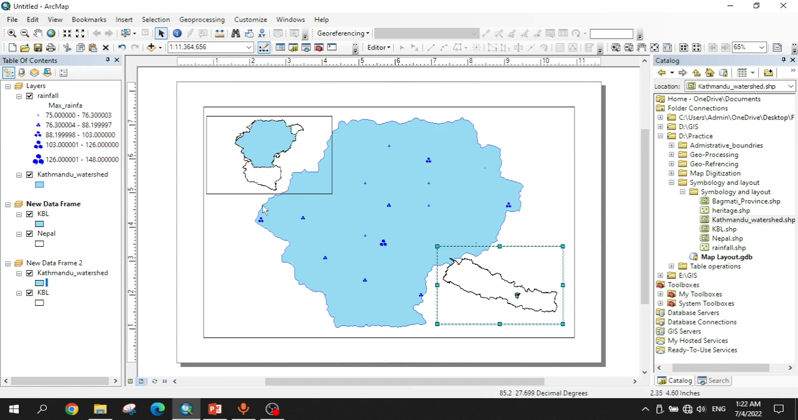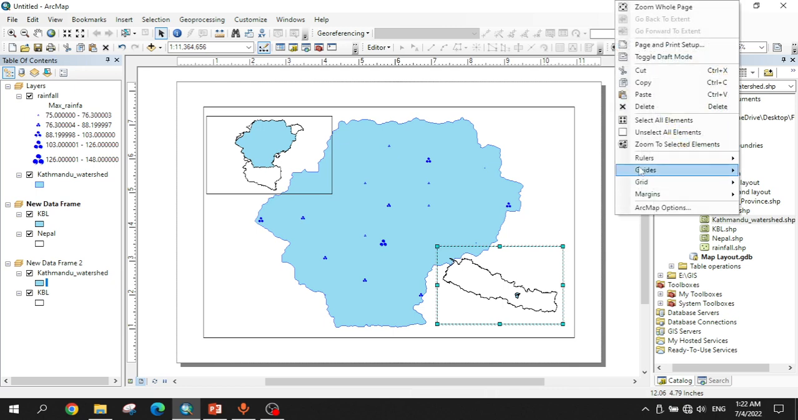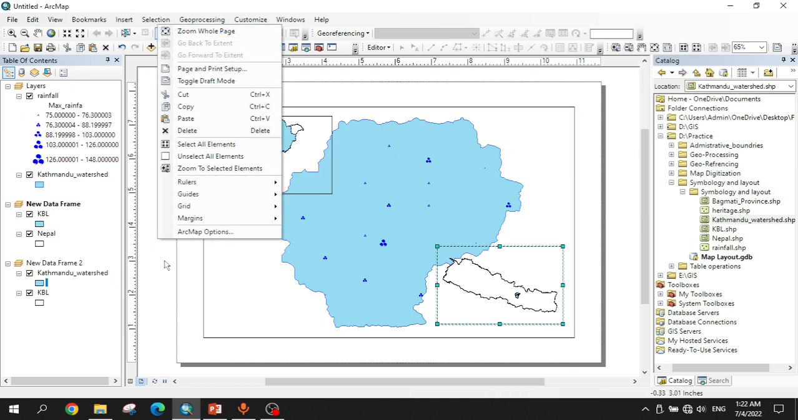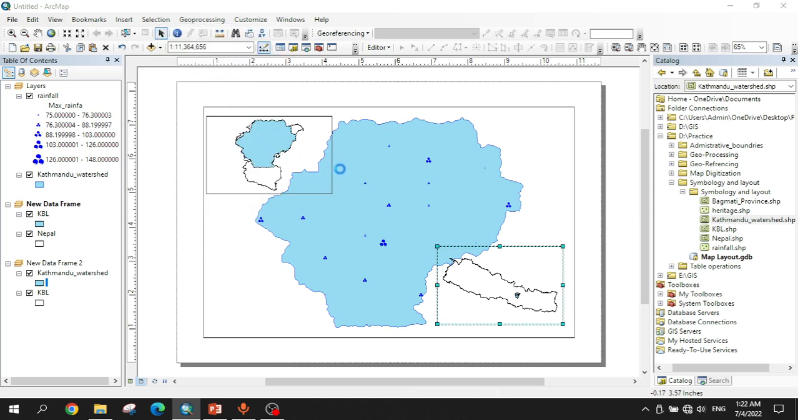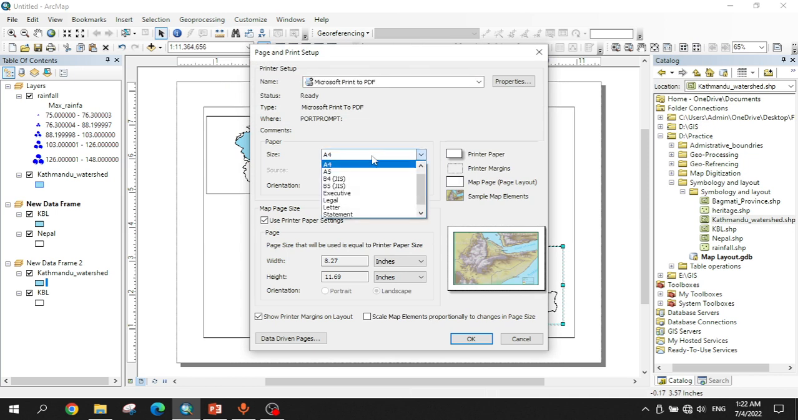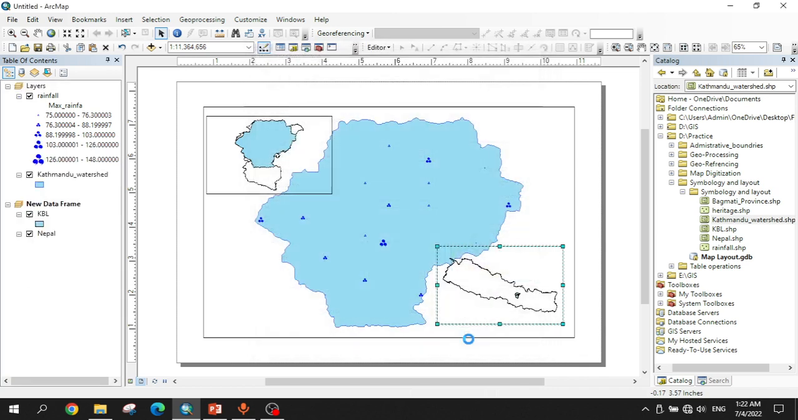So for changing the page size, at first you have to right click anywhere here and go to Page and Print Setup. From here you have to choose A4 and landscape, then click on OK. Then after doing this,